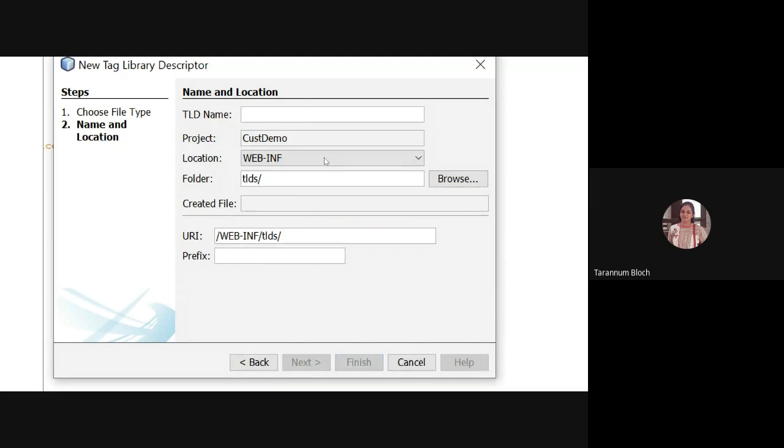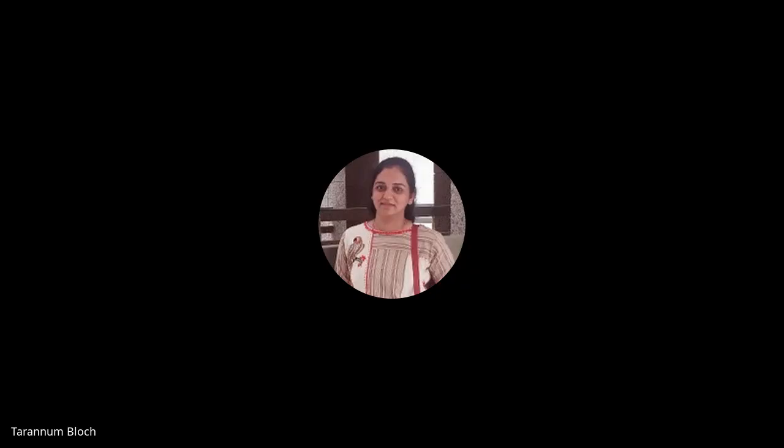I will give the prefix, and we know that c is the prefix for core. If you want to give a prefix for your tag, let us say I'm giving prefix m, it will allow me to use a tag with m colon, right?